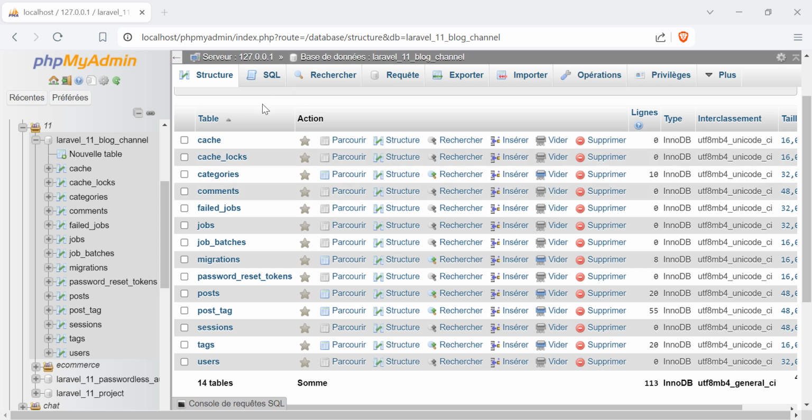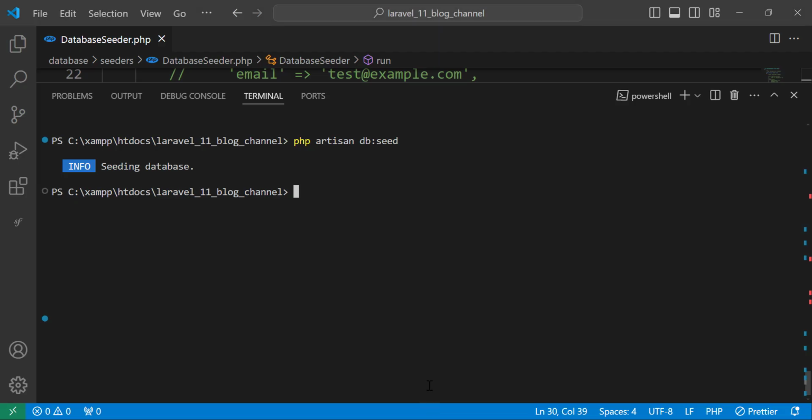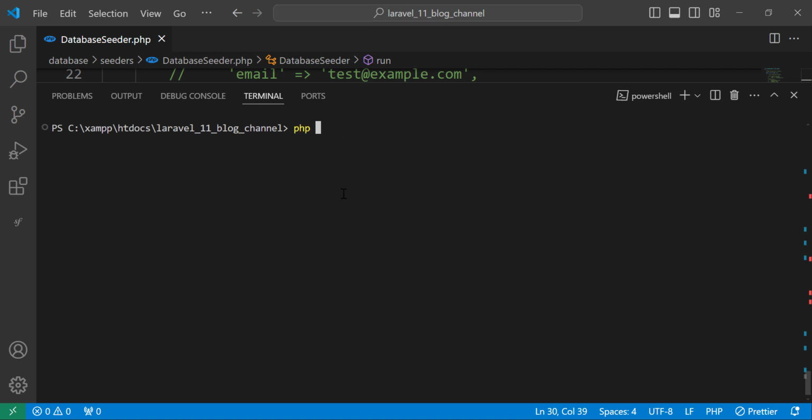So let's create the first controller, which is the category controller. PHP artisan make:controller CategoryController. Or let's create all the controllers now and later we add functions. So the first one is the category controller,